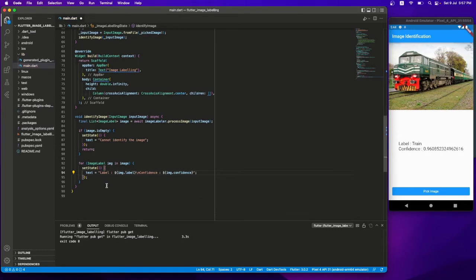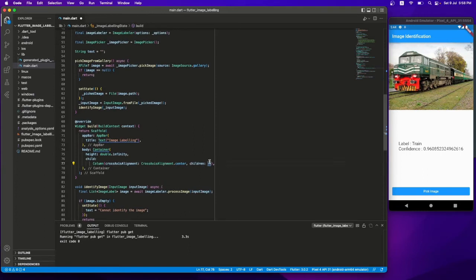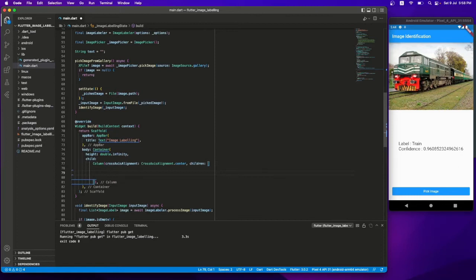Okay, so I think we are done, but one thing which is required is after all these we need to close the image labeler to save the memory. Okay, now let's come to our UI section. I'll say it as our children. We need to add a condition if picked image not equals to null,